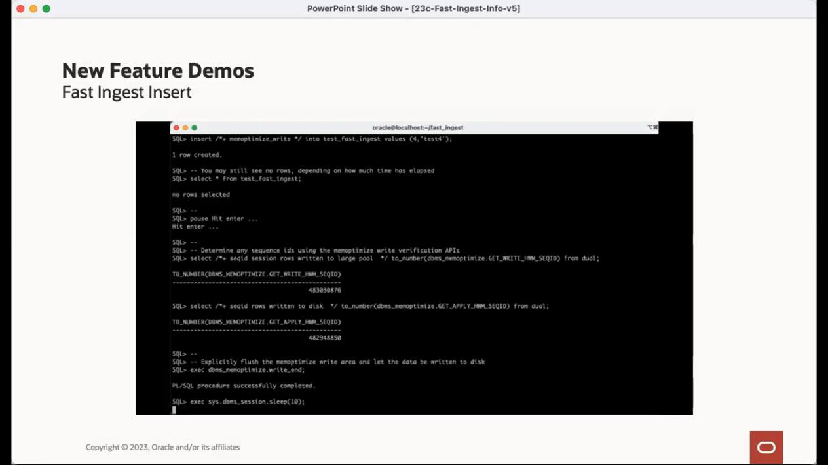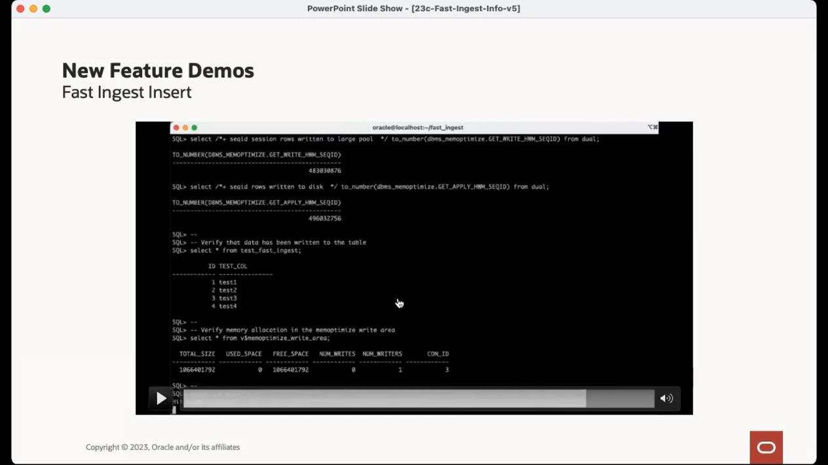And then we're going to go ahead and flush. So there's a DBMS memoptimize write end. Normally you wouldn't need to do this, but since we don't want to wait for the background processes, it could take anywhere from a couple of seconds for them to wake up and write the data out. So we're just going to go ahead and tell it to write the data. We'll sleep for 10 seconds. Now we can verify that